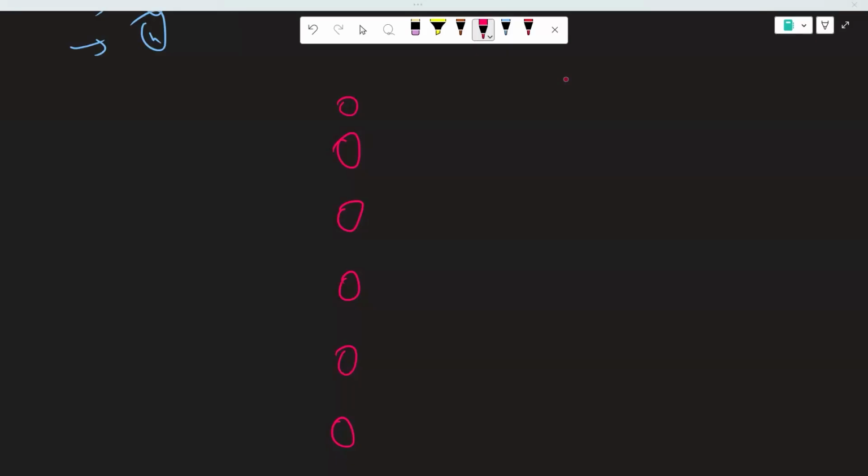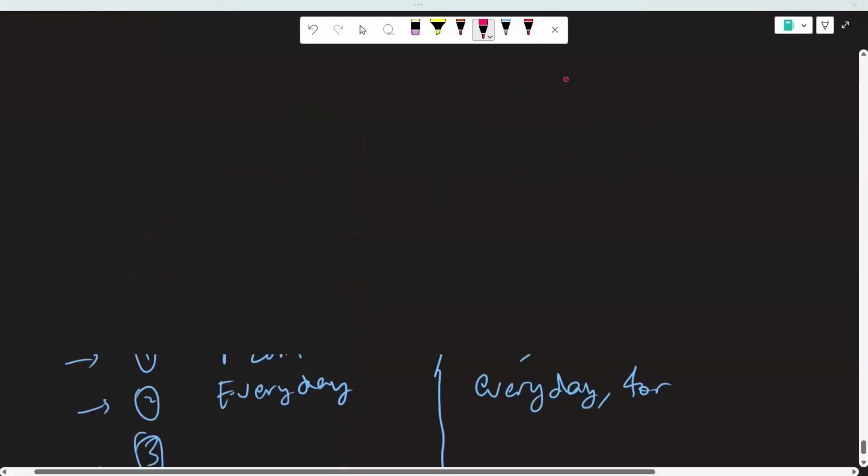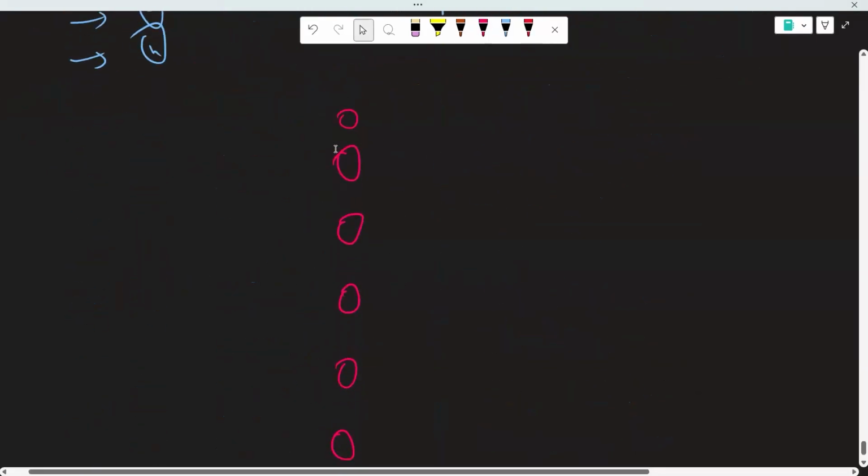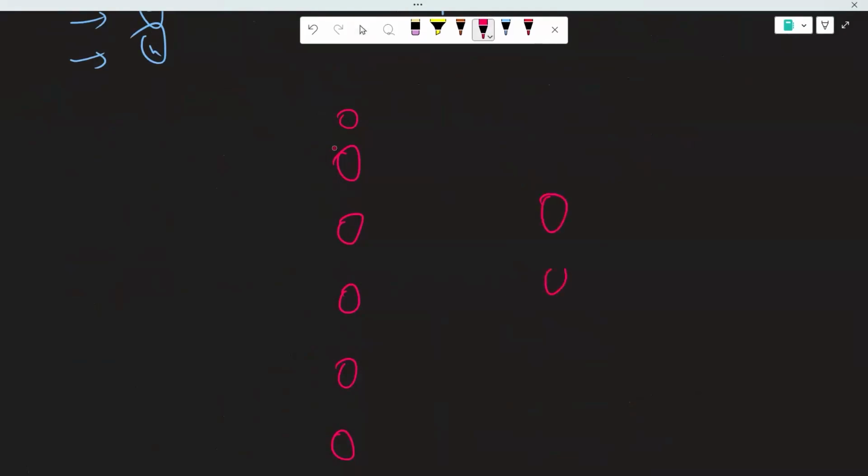This middle layer will be defined by the number of dimensions that you decided, right? So you said you want 3 dimensions, so these 3 dimensions will be present over here: 1, 2, 3, your A, B, C. And now after this, since it's a shallow network, you will directly have an output layer. Output layer means in what number of dimensions do you want to represent the answer?